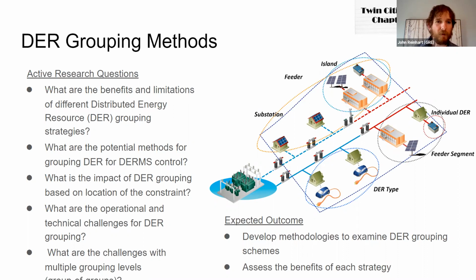So the benefits and limitations of grouping strategies. I've drawn some circles across the fictitious grid where you've got different buildings, and maybe you'd want to group these according to different categories or substations, different types of loads or segments of the network. So I'm not going to list each one of these out loud, but these are some of the topics that